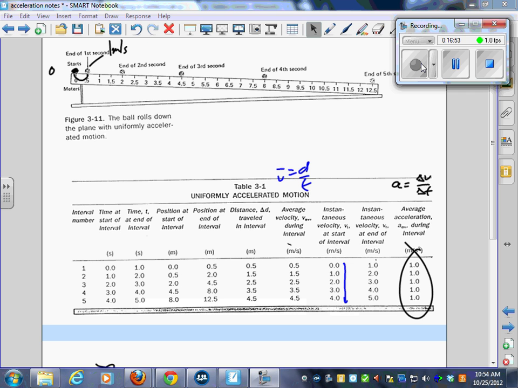A piece of wooden molding or scantling about 12 cubits or 7 meters long, half a cubit or 30 centimeters wide, and 3 finger breadths, so like that wide, 5 centimeters thick, was taken. And on its edge was cut a channel, a little more than 1 finger in breadth, and having made this groove very straight, smooth, and polished, and having lined it with parchment, also as smooth and polished as possible, we rolled along it a hard, smooth, and very round bronze ball. So in other words, that ramp that we saw, that sort of board that was up on its side.